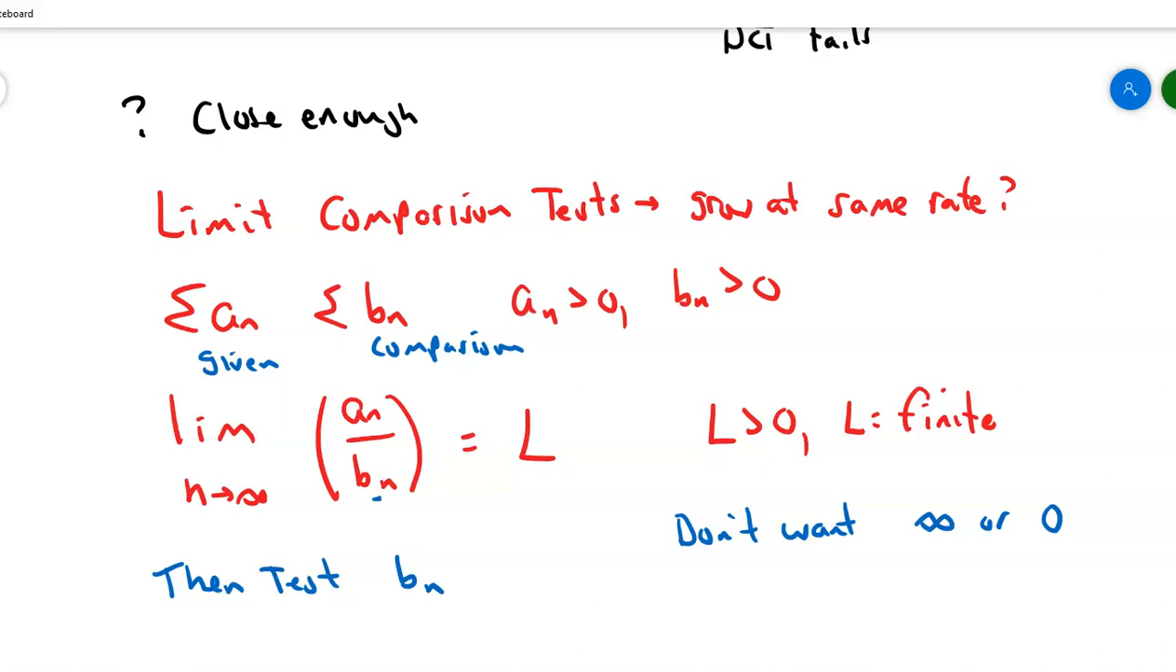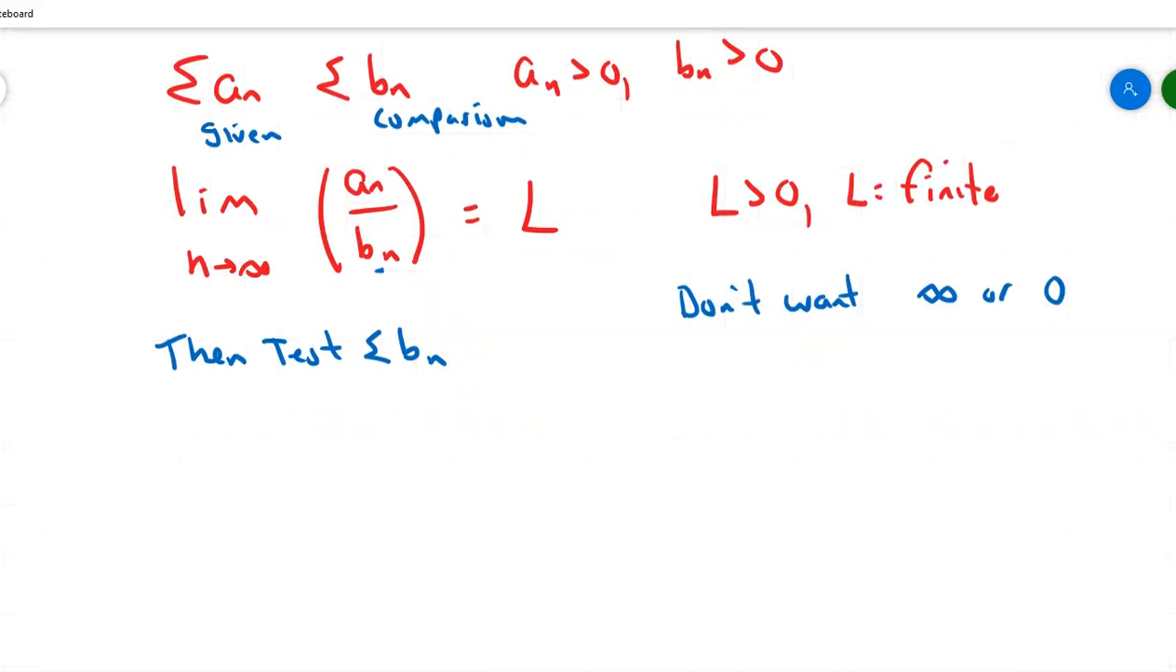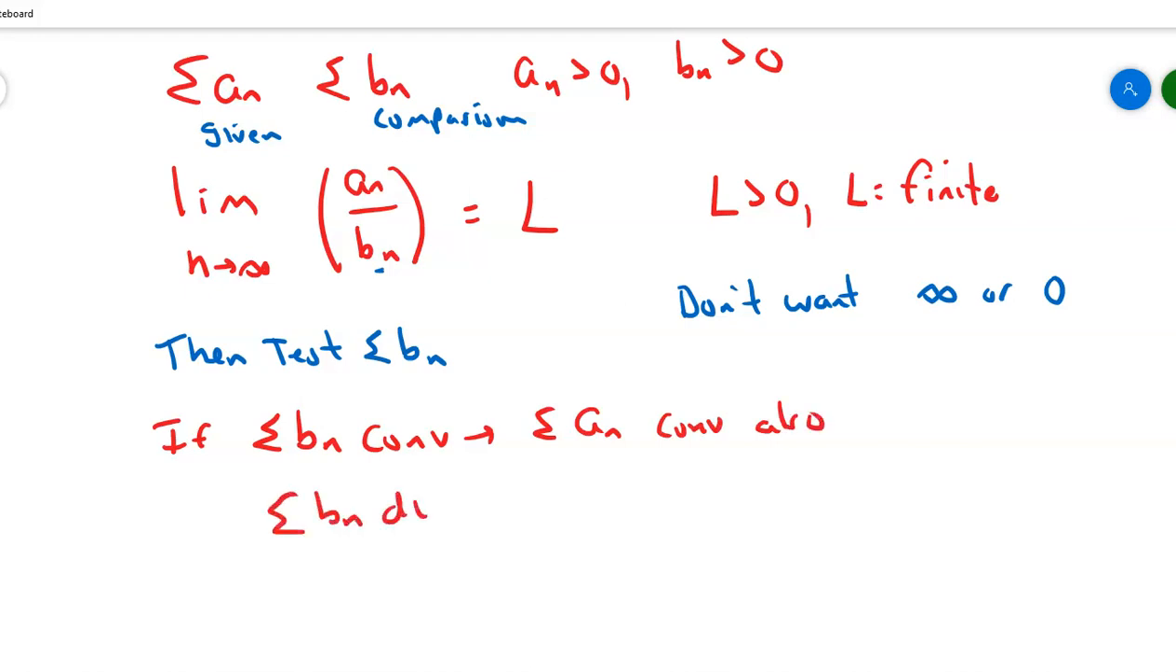Question: is it a good comparison? If it's a good comparison, then I should test that series to see what it does. Whatever one does, the other does. So if that's true, then the second part of this is: if the b sub n converges, then the a sub n converges also. And it's true for divergence also, right? If the b sub n diverges, then the a sub n